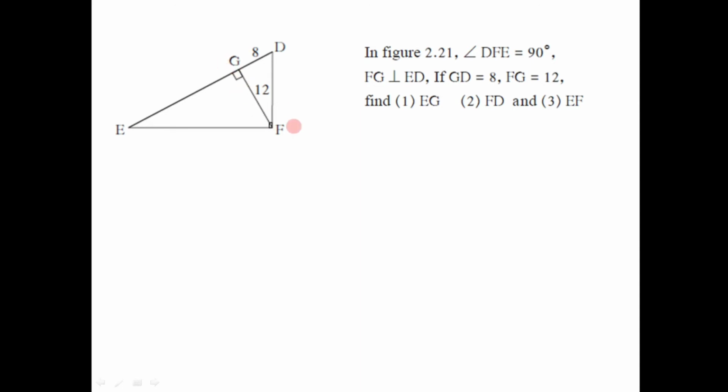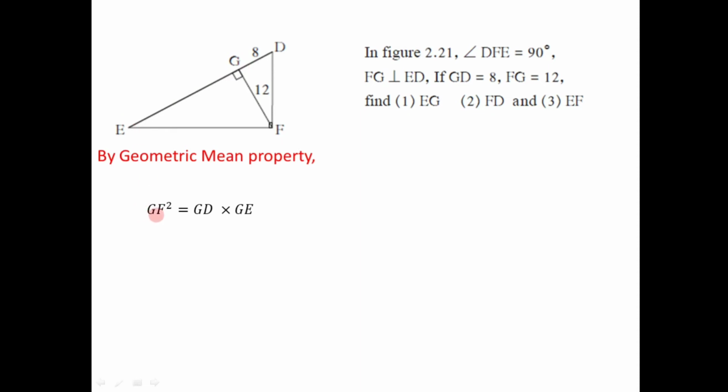So again we have to use the property of geometric mean. By the geometric mean property, the perpendicular drawn is GF. That's why GF square is equal to GD into GE, because by drawing this perpendicular, the hypotenuse is divided into these two smaller segments. So GF is the geometric mean of GD and GE. That's why we have written here.